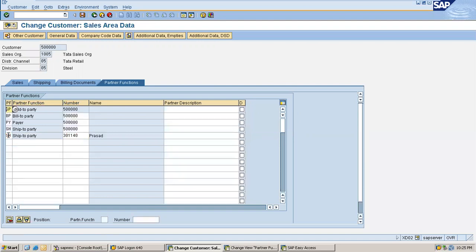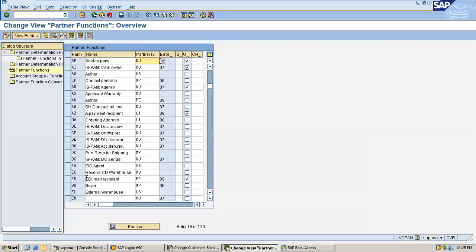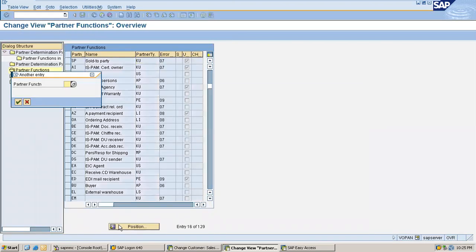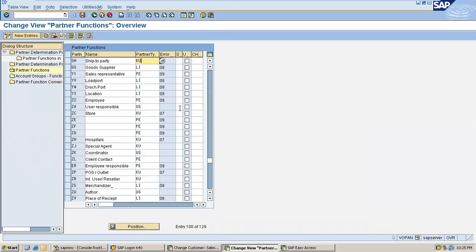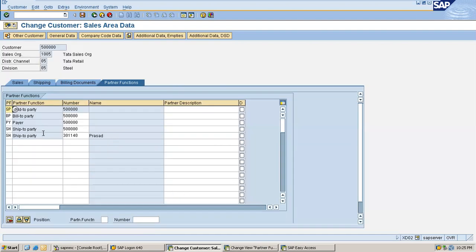That will be allowed here. See here, you have multiple ship to parties because if you go to ship to party partner function in configuration, that is not marked as unique. So this is the reason the system allows multiple ship to parties in customer master.